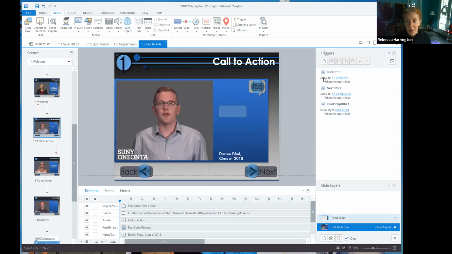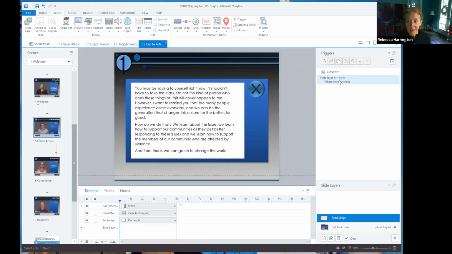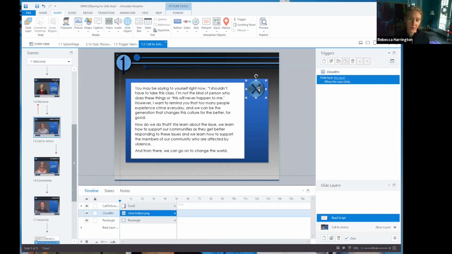Now, the nice thing about this button having just a hide this layer piece of information attached to it is I can copy this button and bring it to another page, and that trigger is going to come along with it. So if you're just getting to the point of starting to do buttons, you can put a trigger on something, and then when you copy and paste that element, that information comes along as well. Or if you do want to play with states with something like this, go ahead and build all of that stuff. And then when you bring that element to another place, you're going to copy, paste, and bring all of that along. So I think that's a good place to stop with that, because I think 98% of navigation is kind of like, I'm going from here to there.